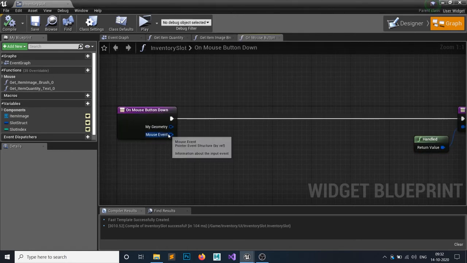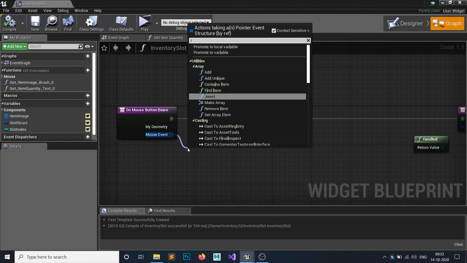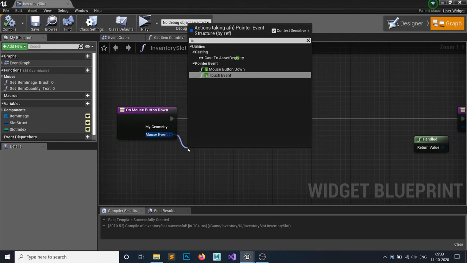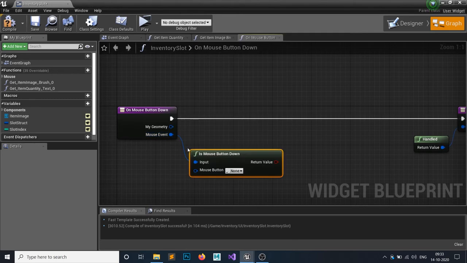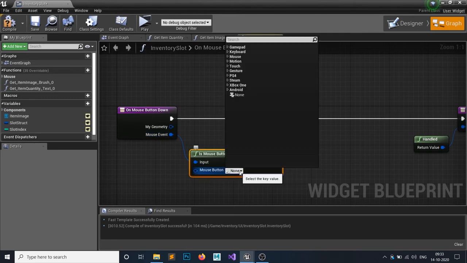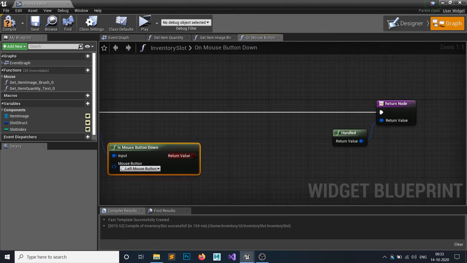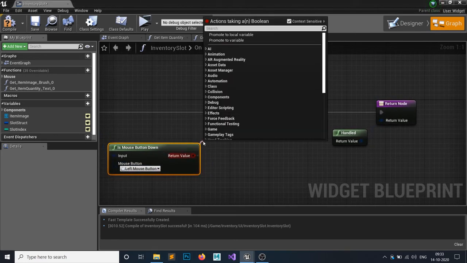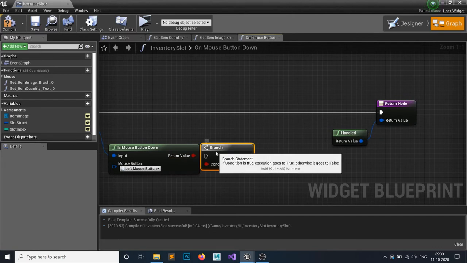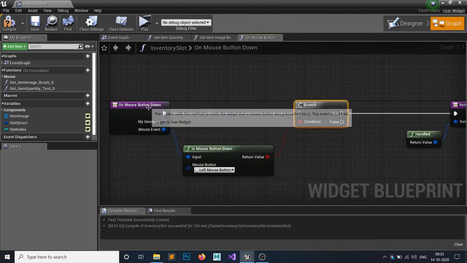So grab a node from this mouse event and check if the mouse button is down or not. The mouse button would be your left mouse button, because we want to use that one. If it's true, so hit branch. So if our left mouse button is down,